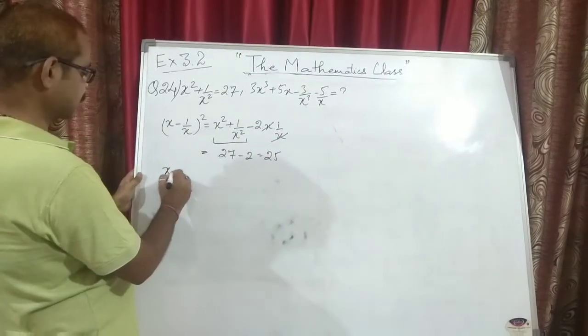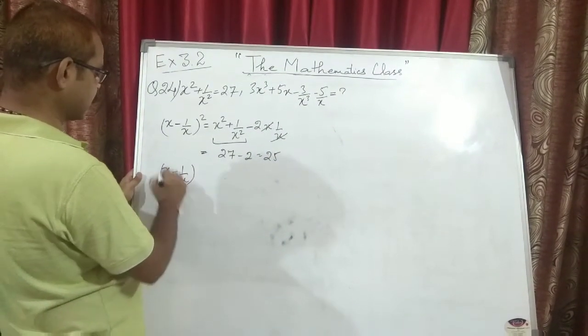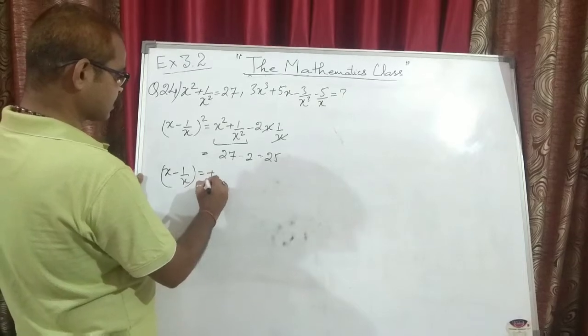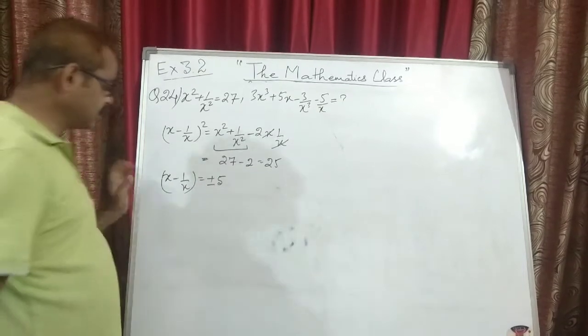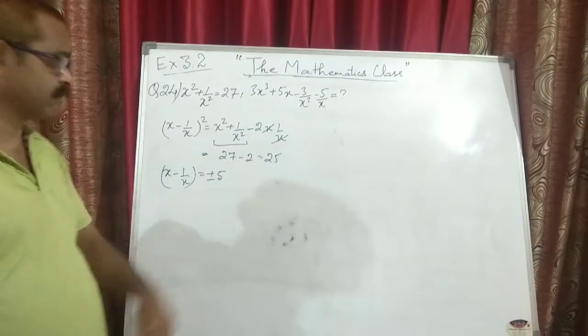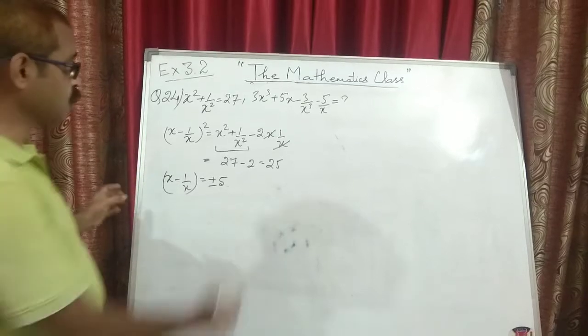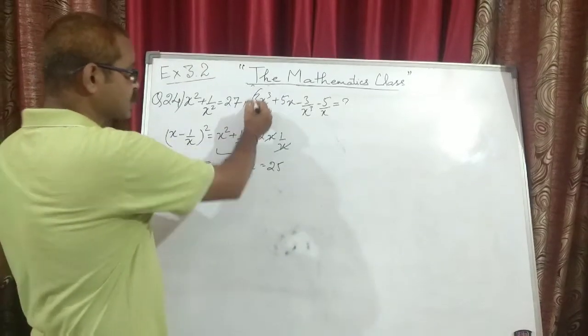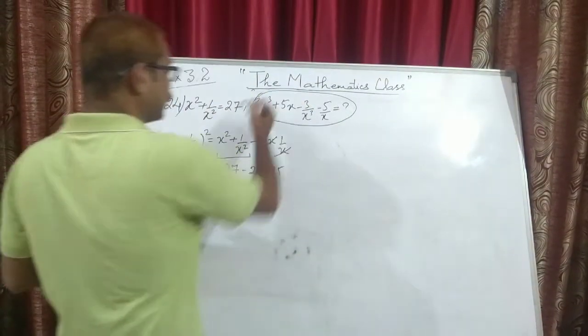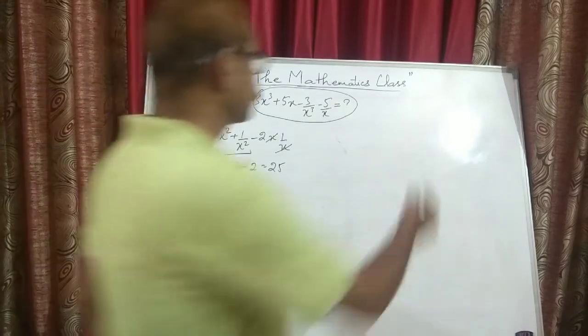It means x minus 1 upon x you are getting as plus minus 5. But this is not used anywhere here. Why we solved it? I'll show you how or why we solved it. Let's solve this total portion in this side. So it is given